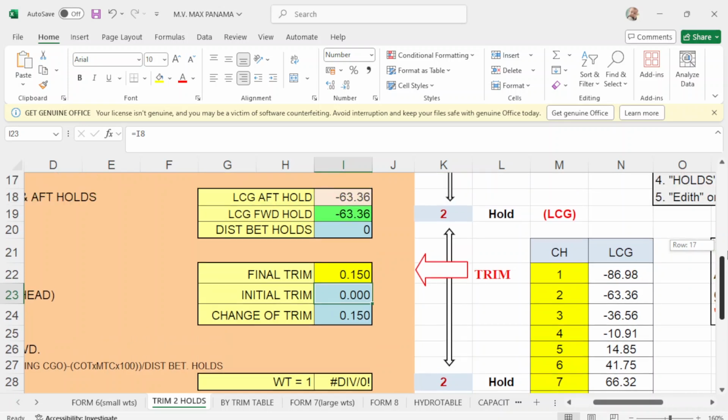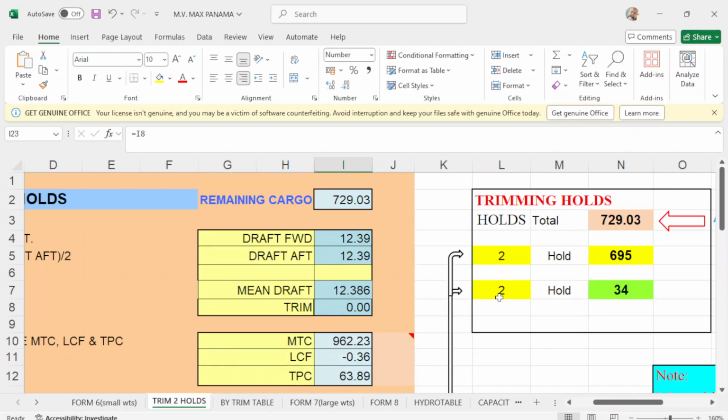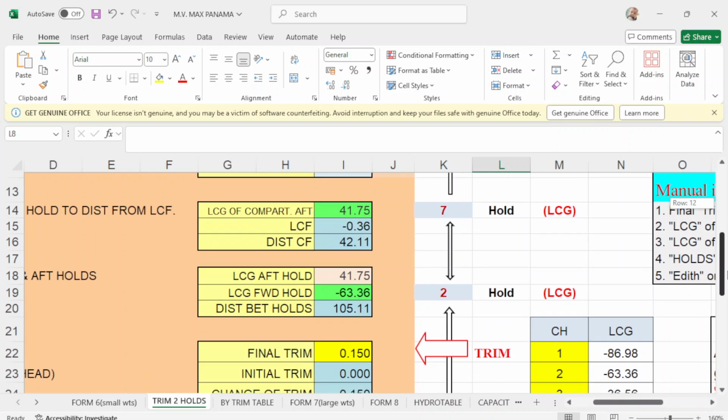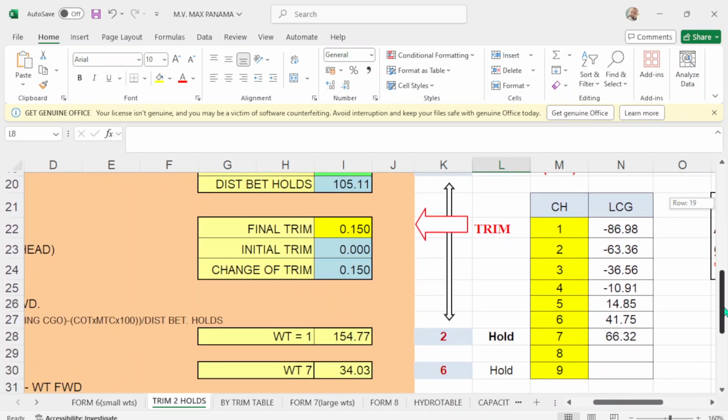What happened here? This should be 2, 1, 2, 7, 6. It should be 6. Okay. So in hold, you have a trim of 15 centimeters, and hold number 2 you should load 154.77 for the sake of computation only.